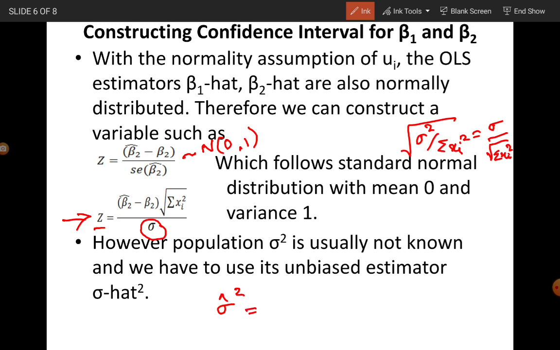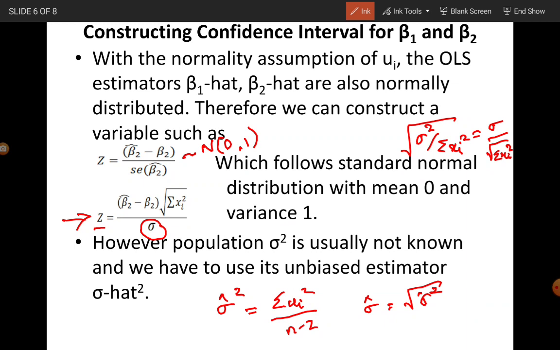If you remember from previous lectures, we had studied that sigma hat square is summation ui hat square divided by n minus 2. So this is the sample variance. The sample standard deviation will be the square root of this sigma hat square. So because we do not know the population sigma square and are forced to use its unbiased estimator sigma hat square,